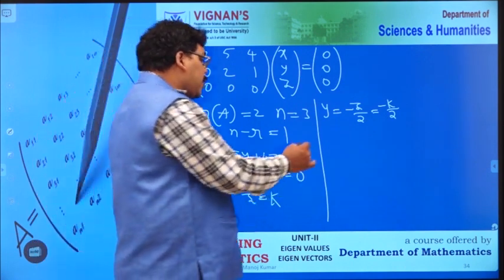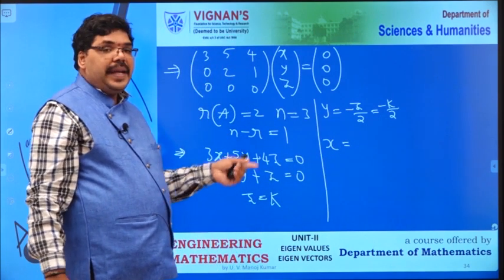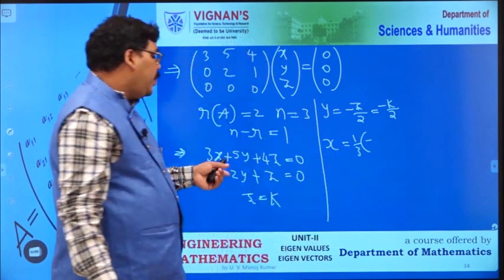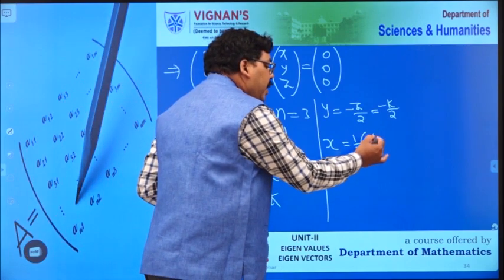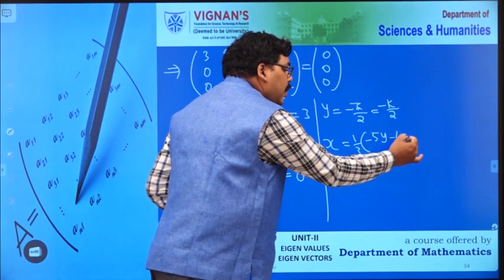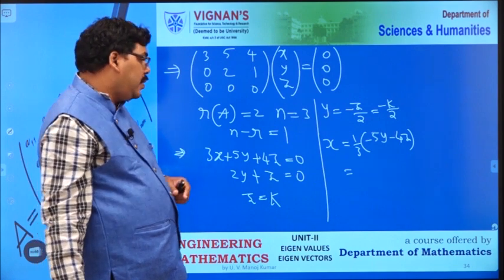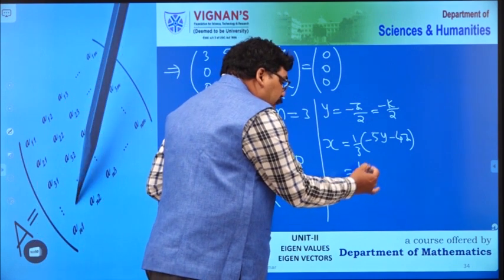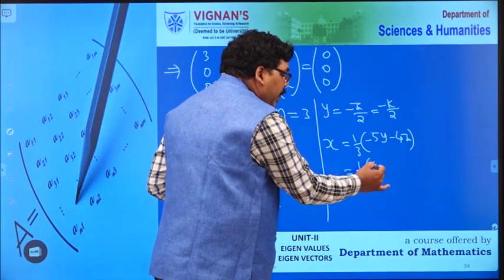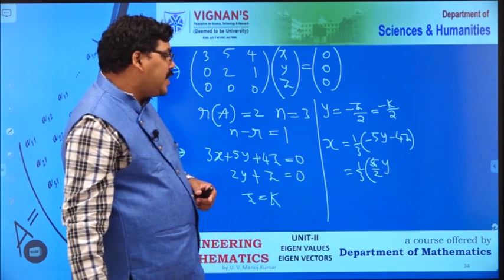So you will get x equals to, what will I get for x from this? Minus 5y minus 4z by 3. So 1 by 3 into plus 5y, bring to the other side, minus 5y minus 4z, divided by 3. So substitute the values of y and z. 1 by 3 into minus 5 times y, 5 by 2 y, minus 4